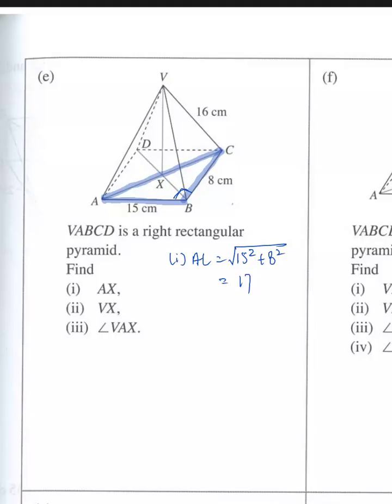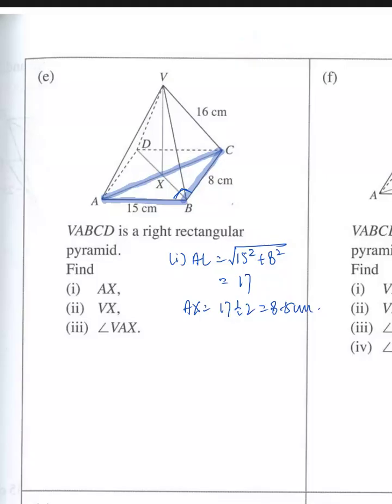AX is half of AC. The reason is because the diagonals of a rectangle will bisect each other. If you recall, this one you learned a long time ago. The diagonals in a rectangle will bisect each other. Yes. Okay, then for VX,